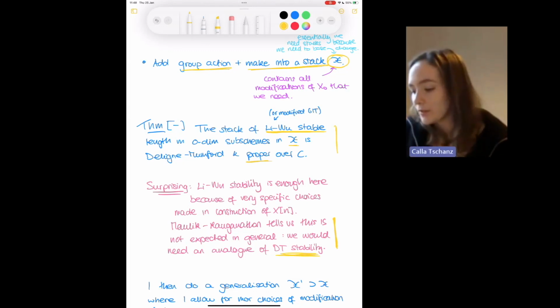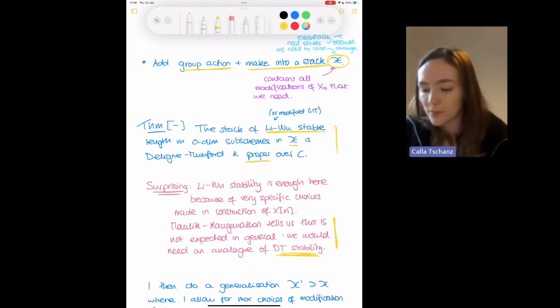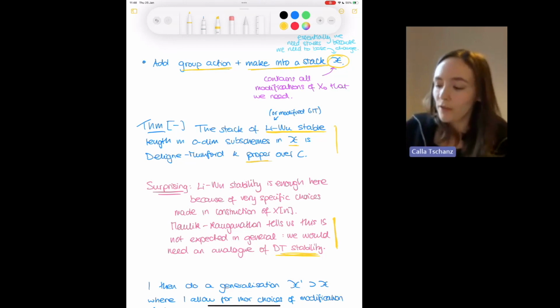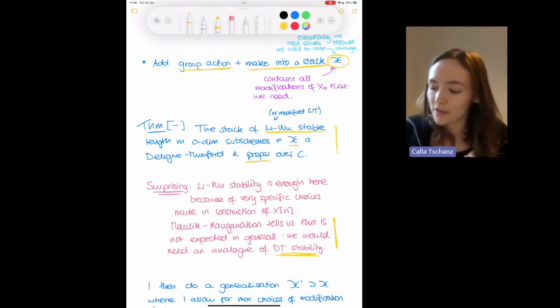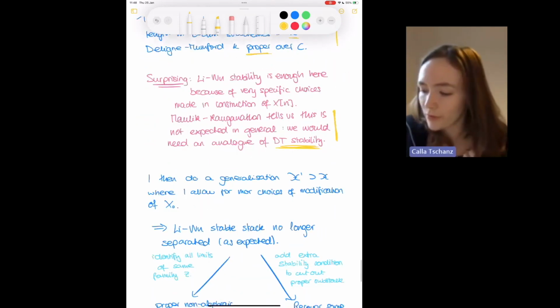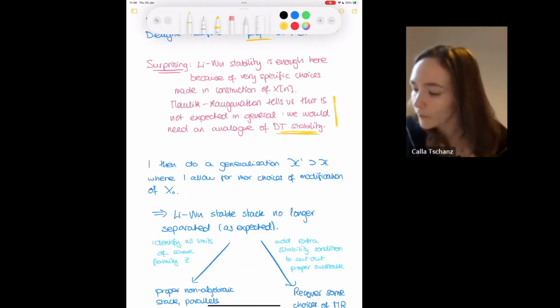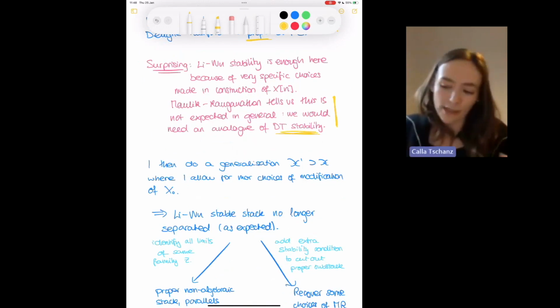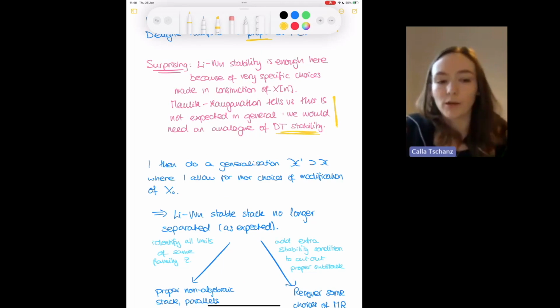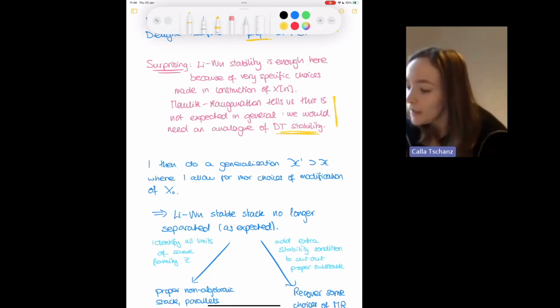But here, because we've made such specific geometric choices, this picks out a very special example where Liu stability is just enough on its own and there's nothing else to do. So this is interesting from that point of view. It's quite a special example. But clearly, it's not what happens in general. And we can ask the question also, what does happen in general?